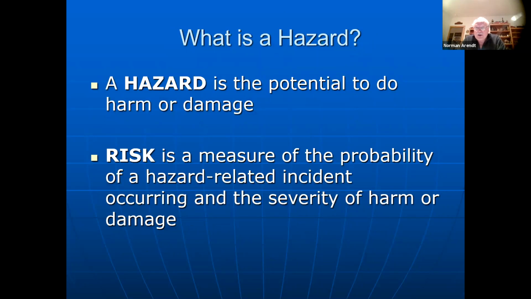When we talk about risk assessments and vulnerability on projects, we look at a hazard, and a hazard is basically the potential to do harm or damage. Risk, on the other hand, is the product of the probability and the severity. Low probability and a high severity can have the same risk as a high probability and a low severity. And when we talk severity, we're looking at a type of injury, how severe is the injury, and the probability is looking at what's the probability that that is actually going to occur or could occur on this construction project.